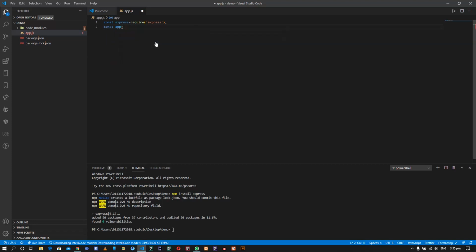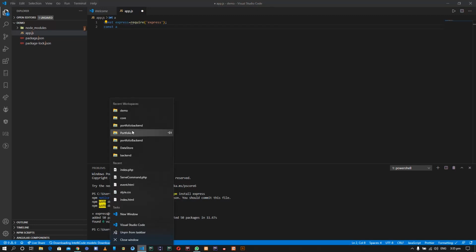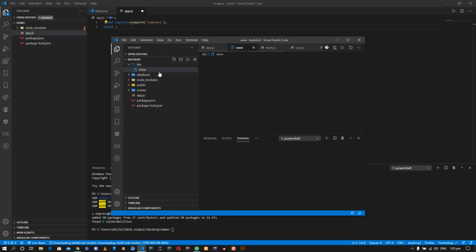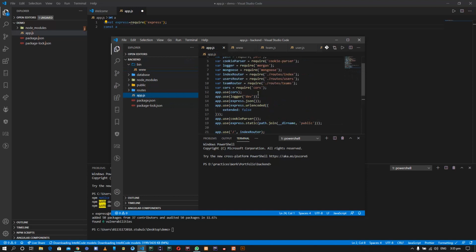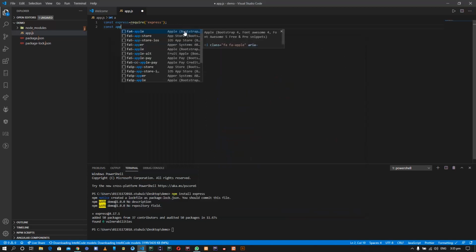So app equals express. Wait a minute, I am just nervous here, nothing else. I have developed the previous project with app express, so I was doing it right.